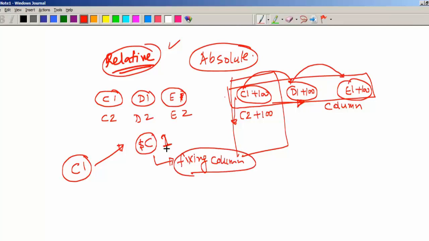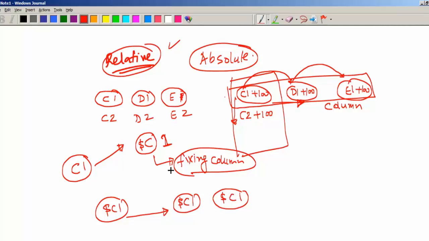When I drag it, because this $C is fixed, it will remain C1. It will not change to D and E. But when you are going down, since the row is not fixed, it will become $C2 and then $C3. So this one is not fixed, it will change like this.